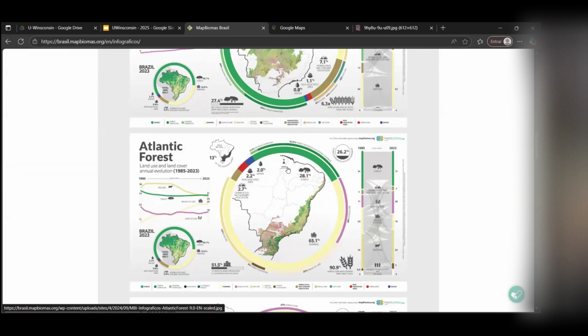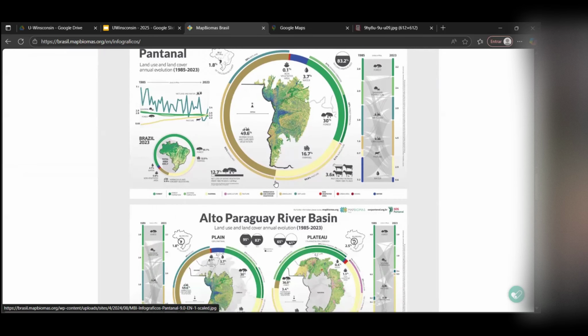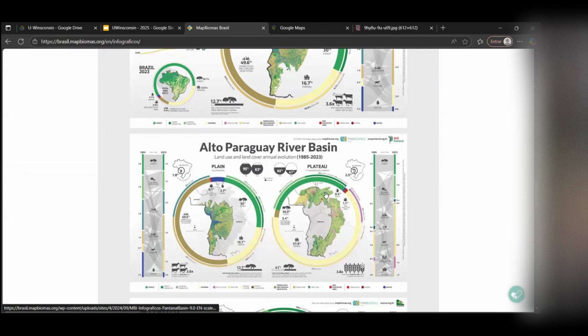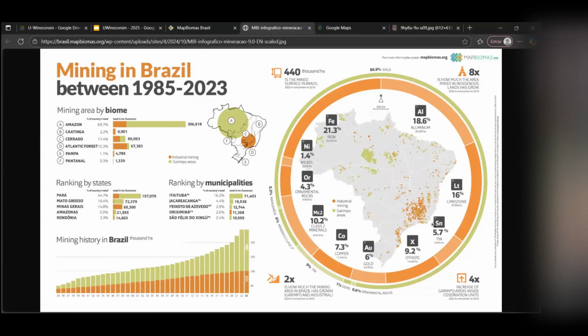But we have what we call the cross-cutting teams, because Amazon is in the Amazon, Pantanal is in the Pantanal, but cities are everywhere, water is everywhere. So we need maps that cross all the other teams. So for example, Nick was talking about mining. We have the most accurate and most recent data on mining in Brazil, to understand from a different perspective where the mining sites are, what is legal, what is illegal, because there's a difference between industrial mining and what we call garimpo. The garimpo is usually illegal, and it's usually related to a more handmade thing.